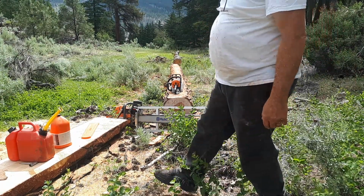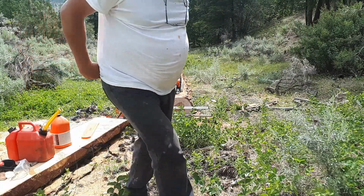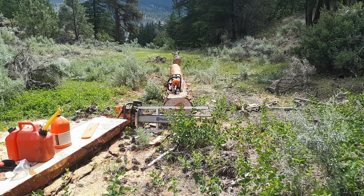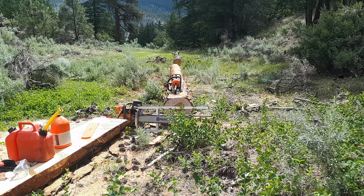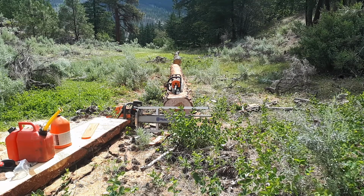That's a bit of a workout. 3 things. I grew up with chainsaws, so I'm 50. Never mind, but anyways, I'm 53. And I was cutting wood by the time I was 12. So anyways,